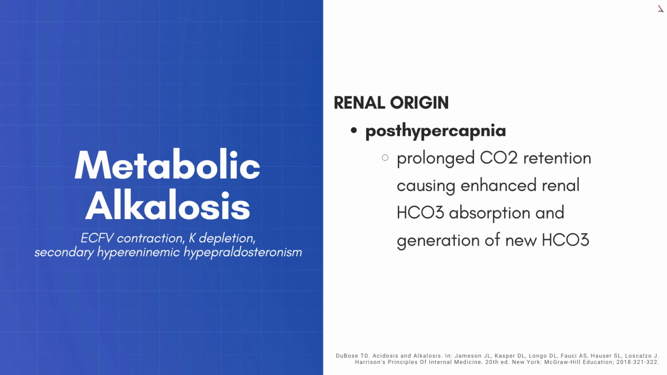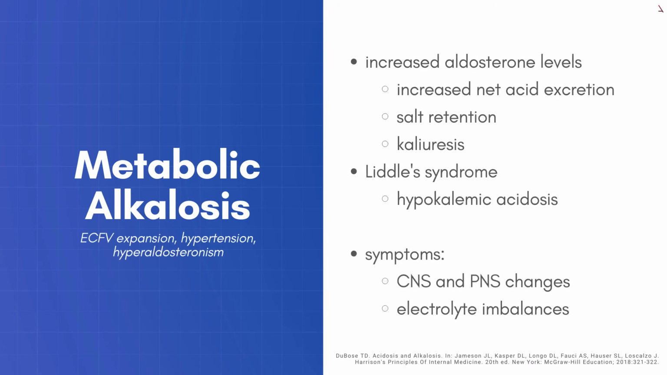And last is post-hypercapnia, wherein prolonged carbon dioxide retention enhances renal bicarbonate absorption and generation of new bicarbonate, and this will lead to increased net acid excretion. So the next is increased aldosterone levels, wherein there is increased net acid excretion, salt retention due to upregulation of epithelial Na channels in the collecting tubule in response to aldosterone, which leads to hypertension, kaliuresis, also due to distal sodium absorption causing